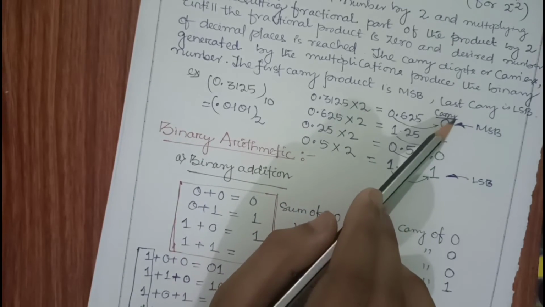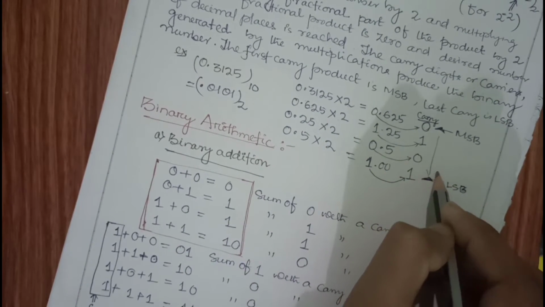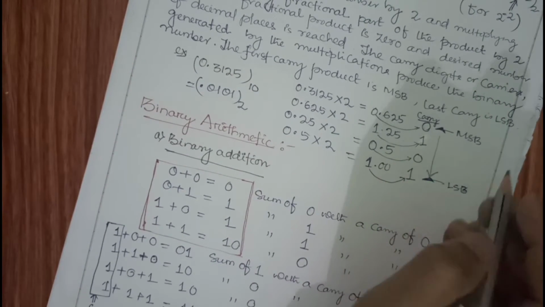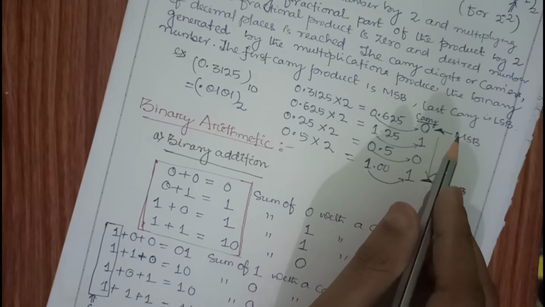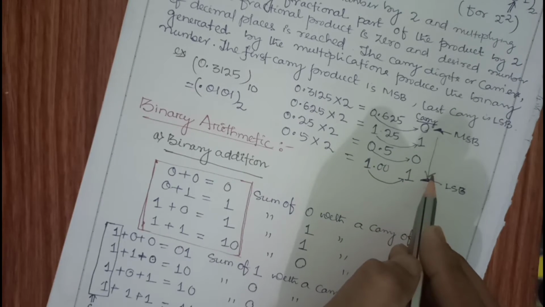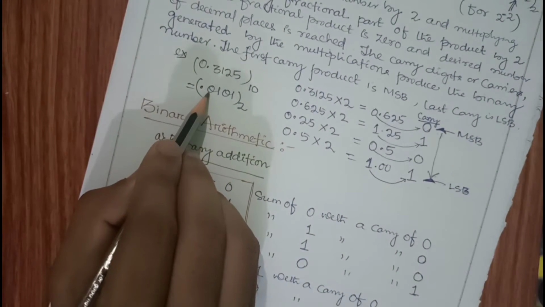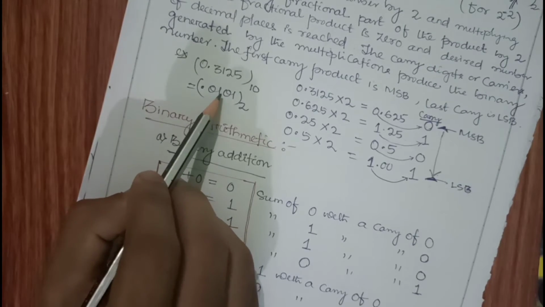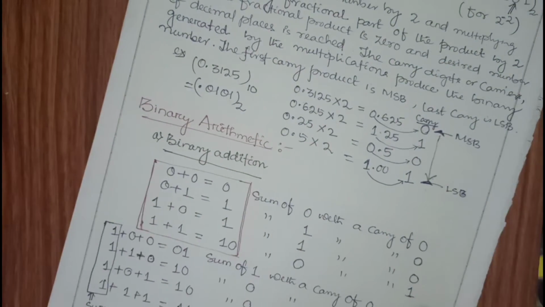In this way, after getting the carries, you write your answer like this, from top to bottom. I think in my video I told you from bottom to top, if I remember, I think I said something like that. But keep in mind that your value should be from top to bottom. Okay, it means it should start from here, that is the MSB. I will write 0 for MSB. This is 1, this is 0, this is 1, this is the LSB part. Okay, I write from top to bottom.